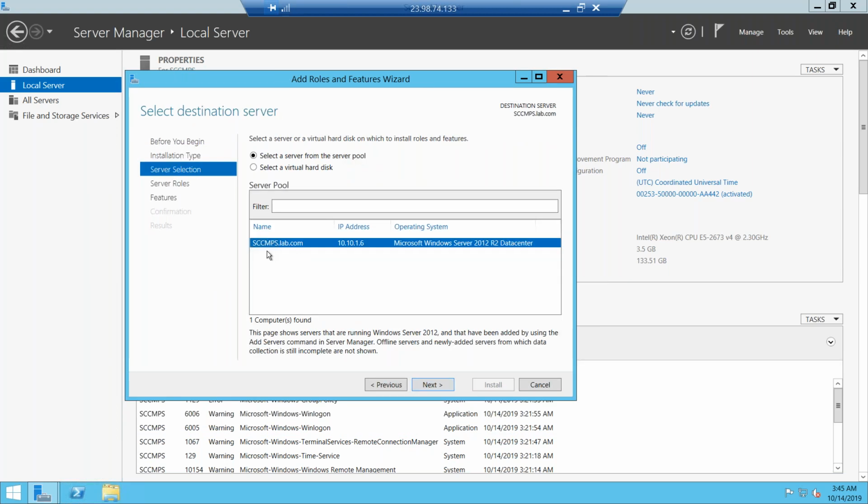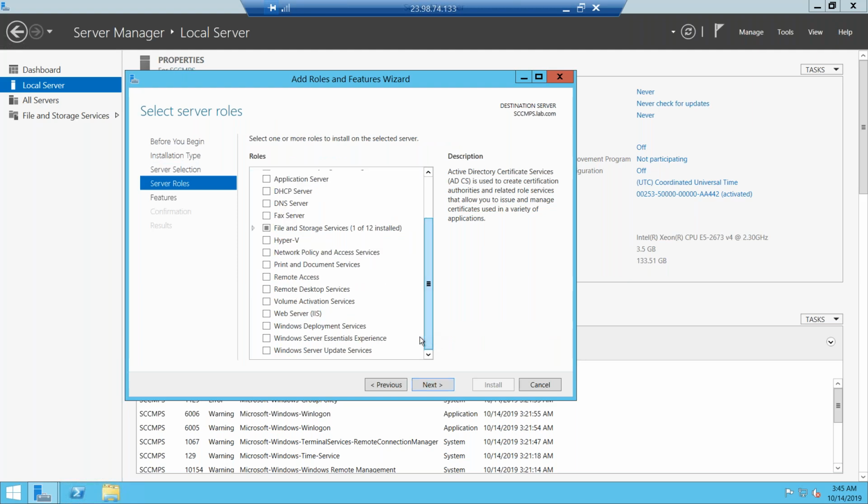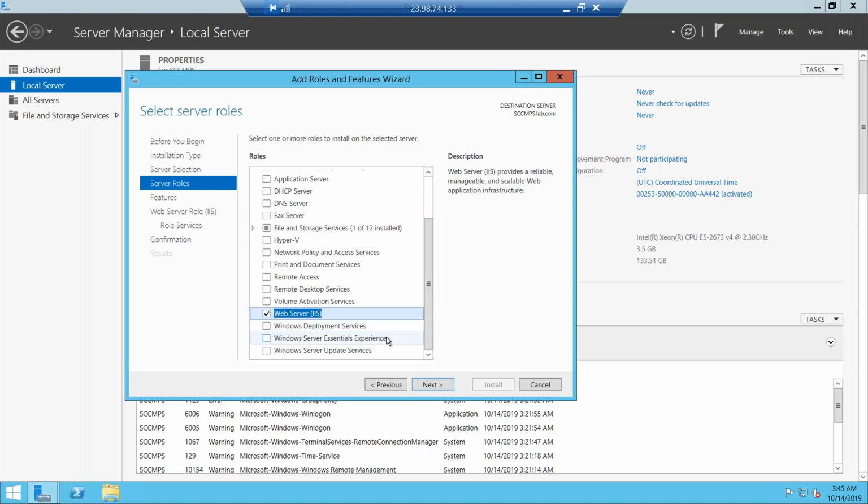So this is the name, sccmps.lab.com. This is the IP address. Let's go next. Now we have to choose web server IIS. That's the first role, and choose add feature. Okay, web server IIS. Then we need to go next,